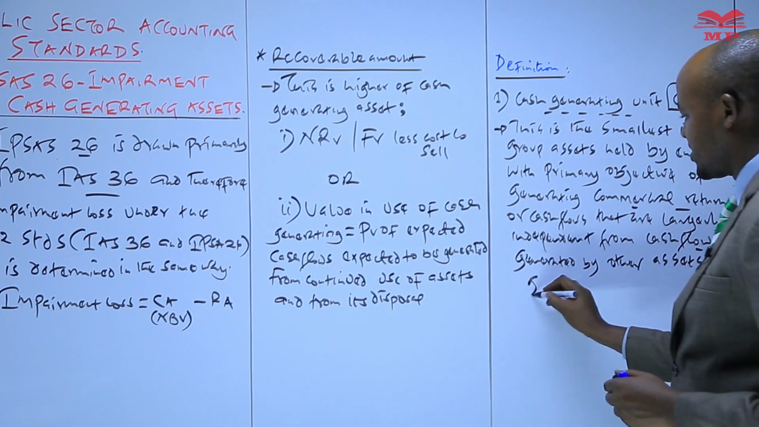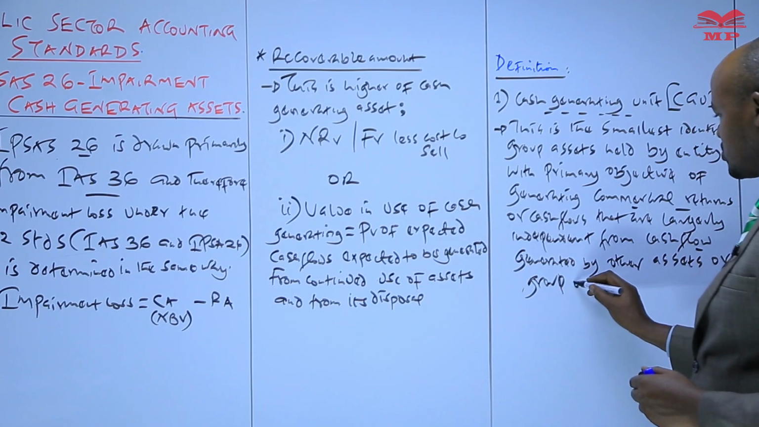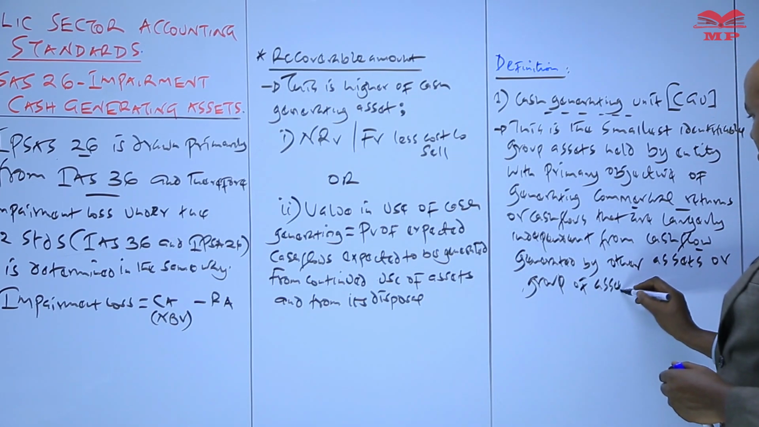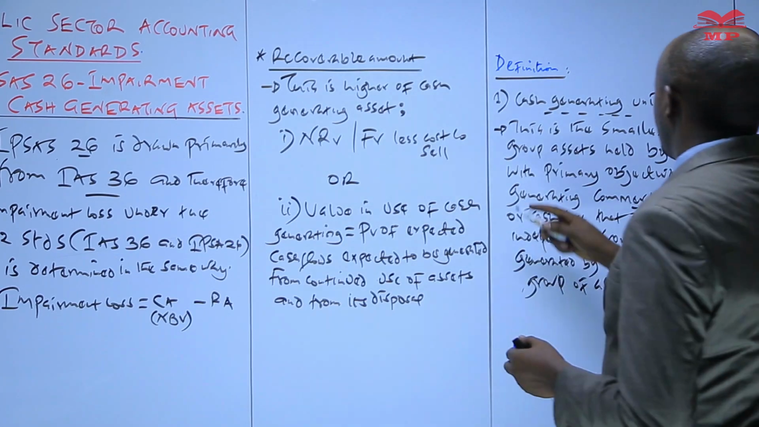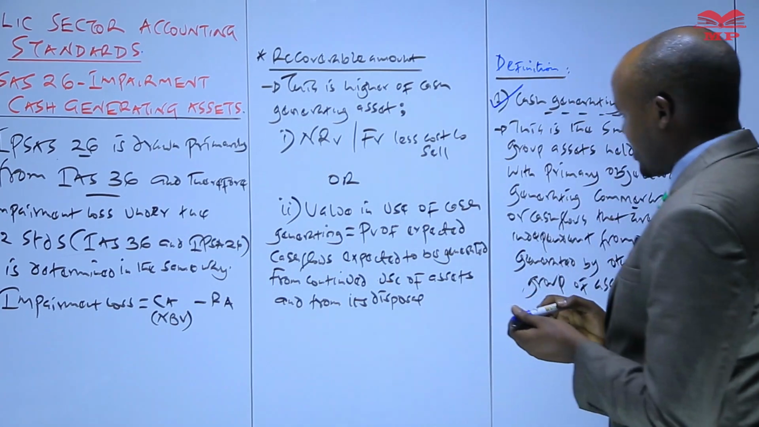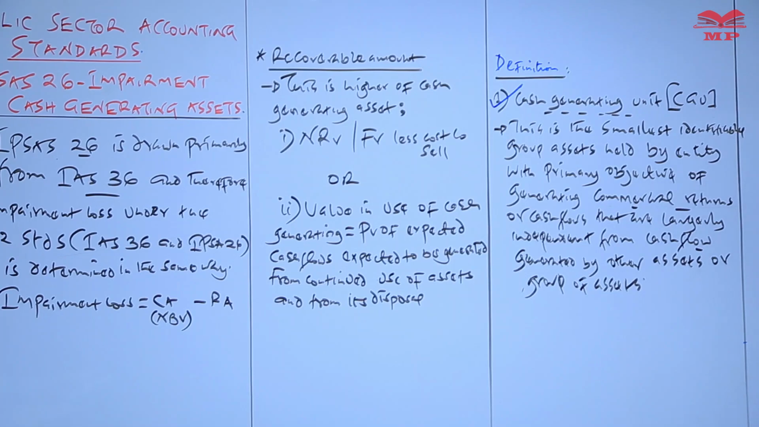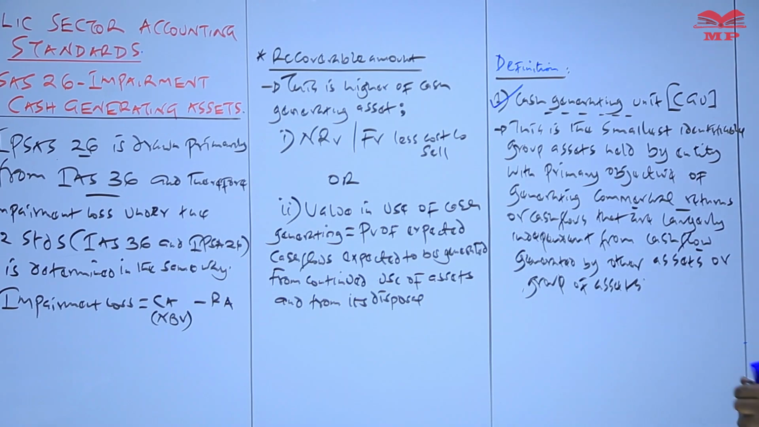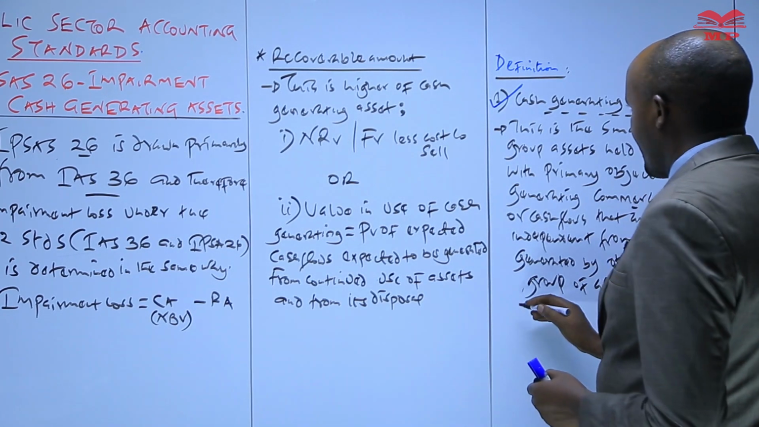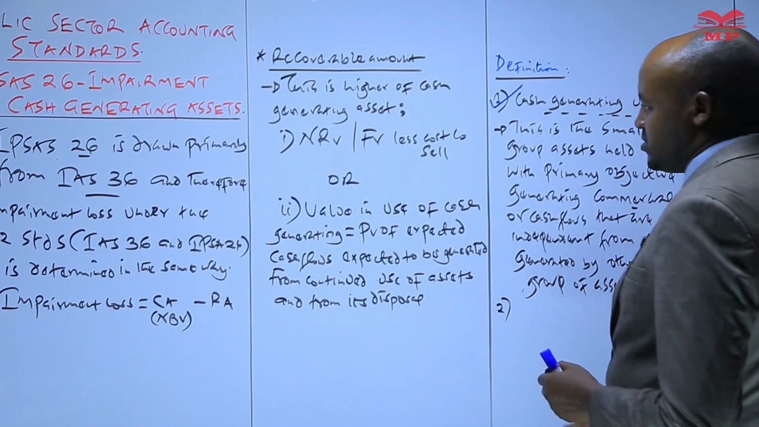or group of assets. So that is how we define a cash generating unit: a group of assets which are held with a primary objective of generating cash flows, which are independent from cash flows which will be generated by other assets. So the other term we also need to define here